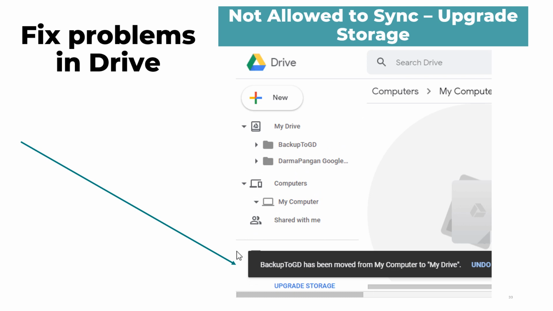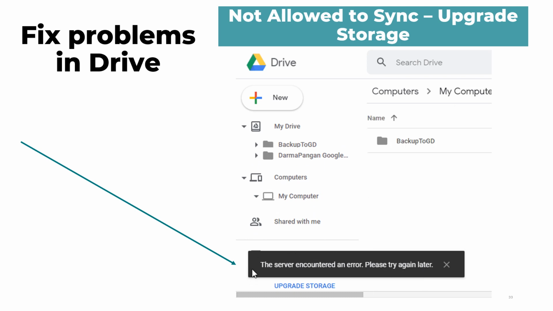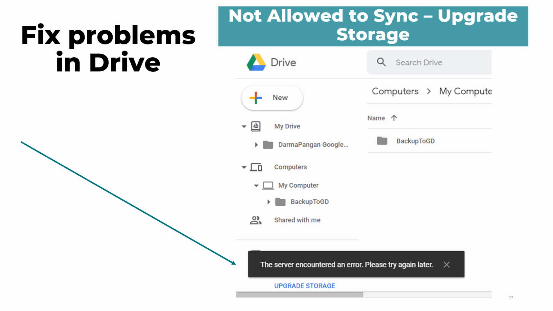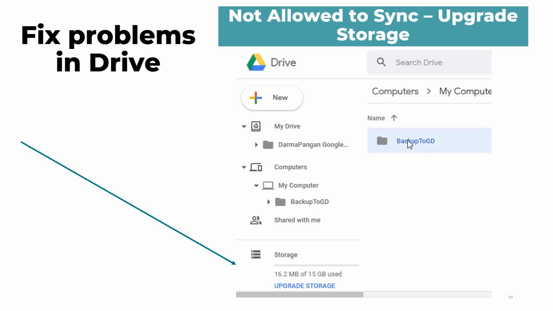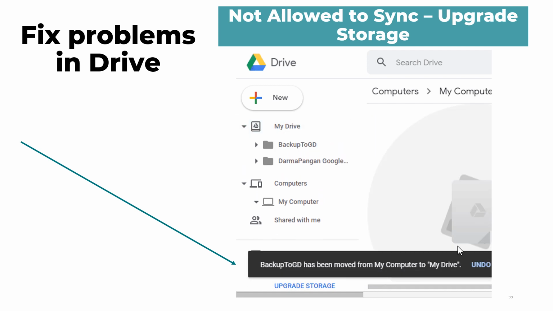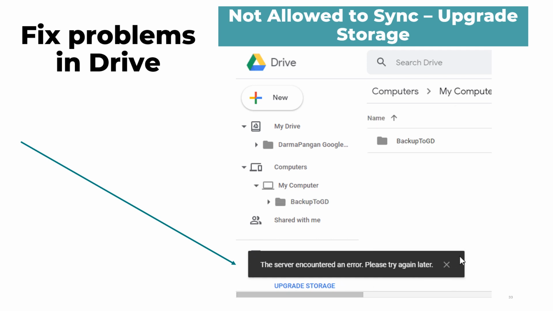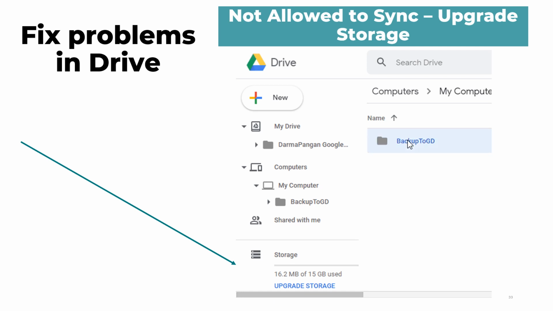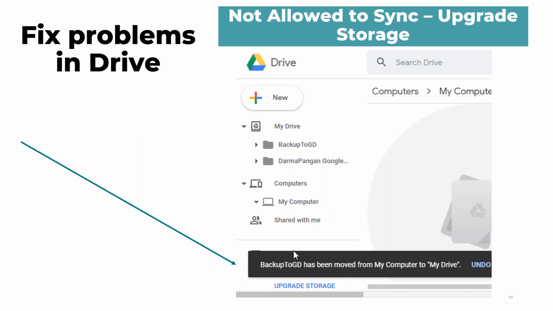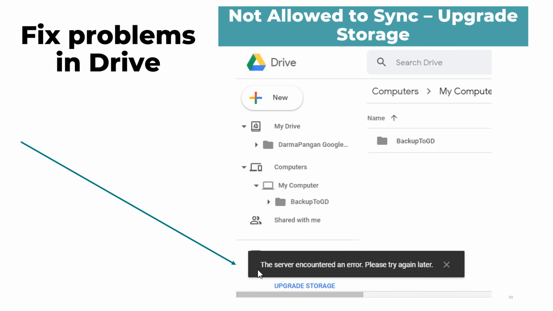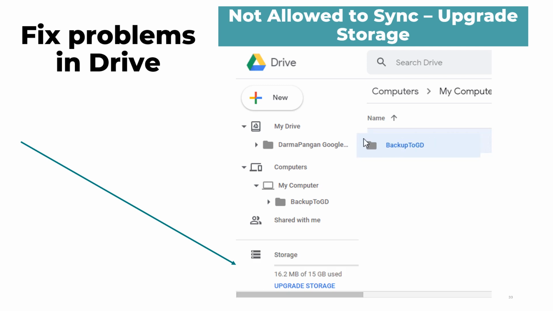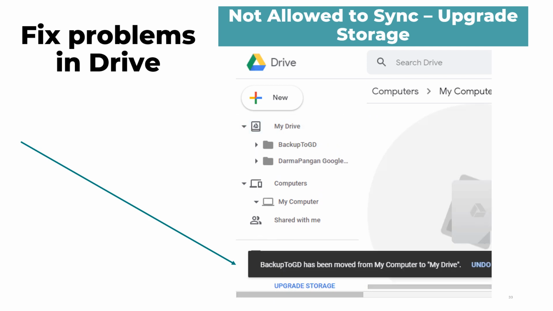As you are working with Google Drive and it's not allowing you to sync, that's one of the biggest problems that may arise, especially if you're under pressure from a company deadline and you just cannot upload files in a timely manner. Well, fear not, there is a solution. As we see on the GIF on the screen, it shows you how you don't have enough storage. So the next solution would be to buy more storage. As we discussed earlier, the maximum storage on an individual Google Drive is 15 megabytes. Once you've exceeded that capacity, this is when you know you have to upgrade to a business plan.